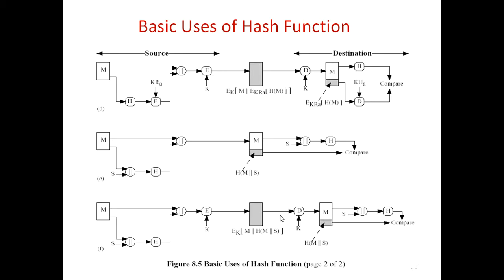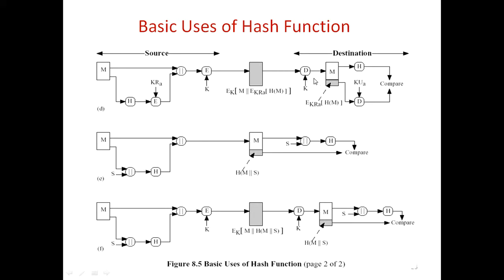Similarly, there are combination methods. There is a message, apply the hash function, and you get a message digest encrypted using the private key of user A, then concatenated together, then again encrypted using the secret key. That means symmetric encryption. Here is a combined method. Public key and symmetric keys both can be used in this one. Here, encryption is the last step.